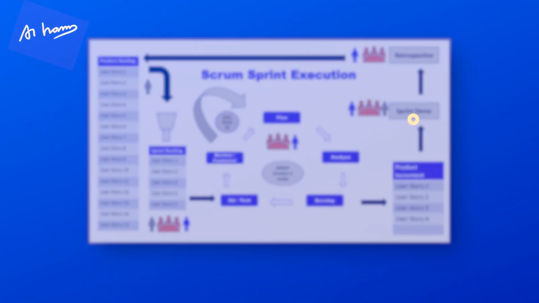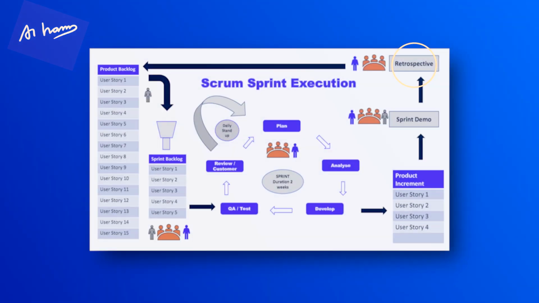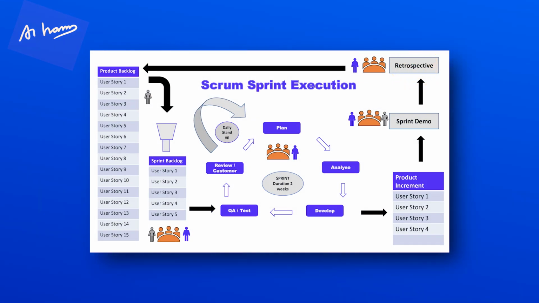Okay. Then after that, you have got your sprint demos. Sprint demos are held at the end of the sprints to demo the working software. Okay, it's an inspection, and here business users, product owners, everybody comes to check what you have built. Finally, you have got the retrospective, a way of reviewing how the sprint went. In the retrospective, you decide what you did right, what you did wrong, what we're going to do better in the next sprint, and what the action items are. That's what happens in retrospectives.